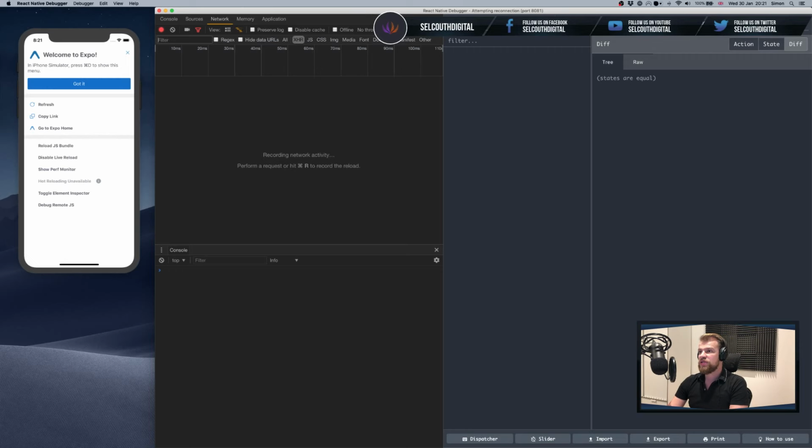It gives you an overview of the store. If you have Redux installed, you can actually preview the state. You can preview your actions in here, or you can see the console, or you can enable the network inspect tab as well, and you can see your calls to the API directly in this debugger, which is very handy,